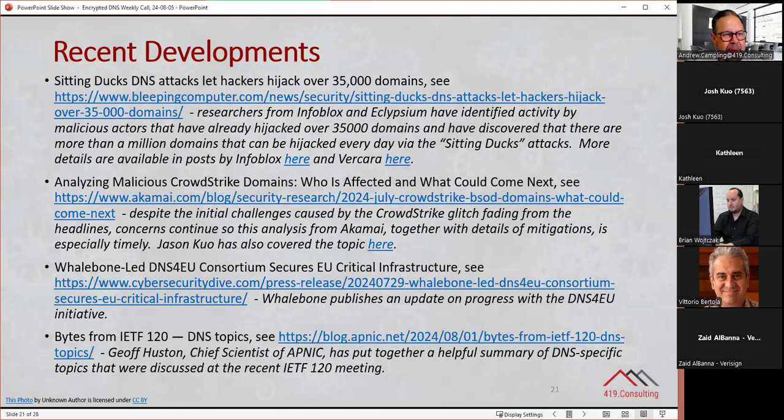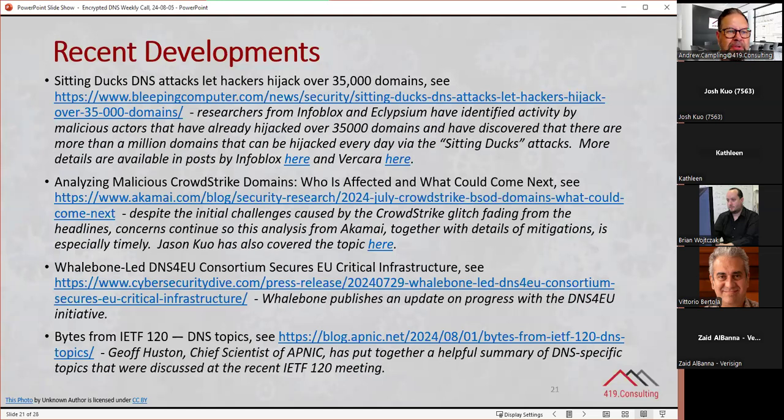As you'll see from the summary on the slide, they reckon that malicious actors have already used this to hijack over 35,000 domains and believe that over 1 million could be hijacked every day using the same technique.